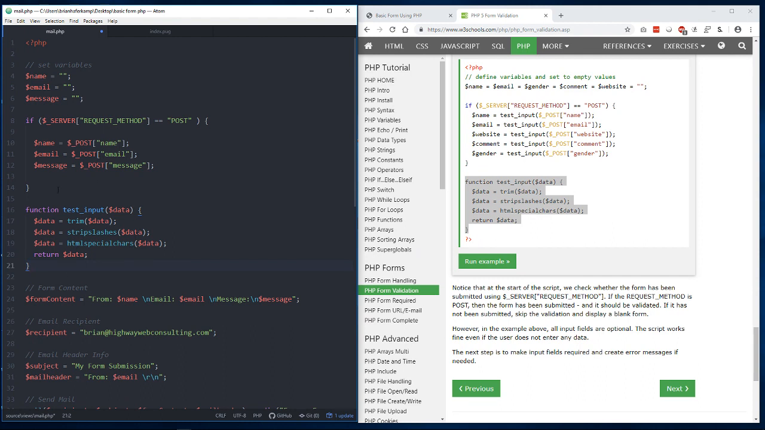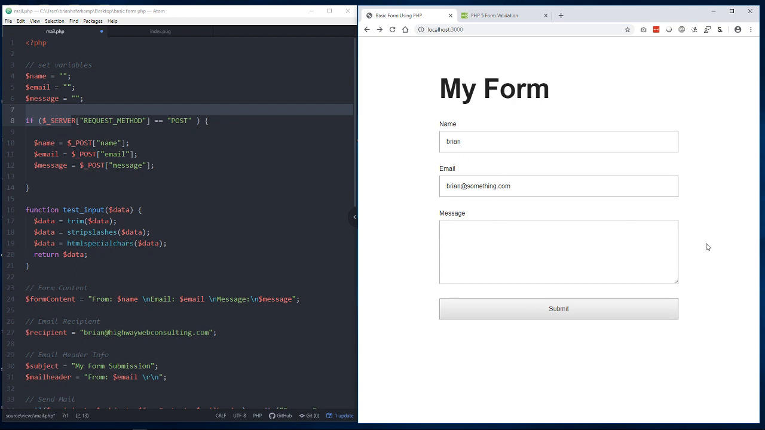So we put it right here outside of our if statement. If the server request method is post, so if the form is posting, that's the method for the form, then we're going to apply all these values from our form inputs. We're going to apply them to our variables and make the name, email, and message variables have something in them. Now, once that information comes to us, we need some way to test that